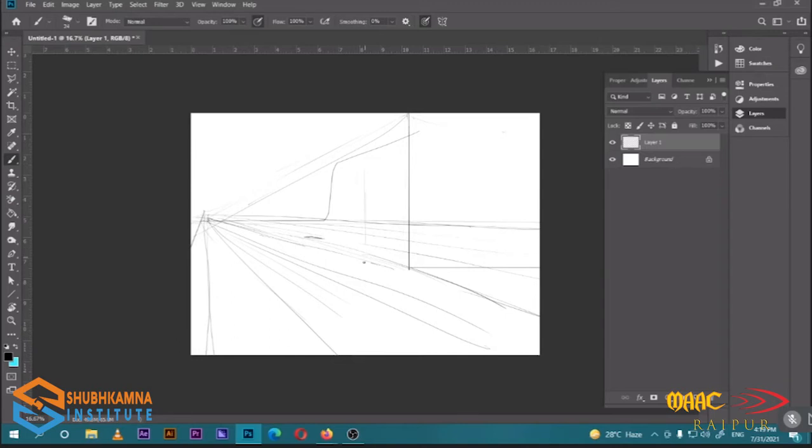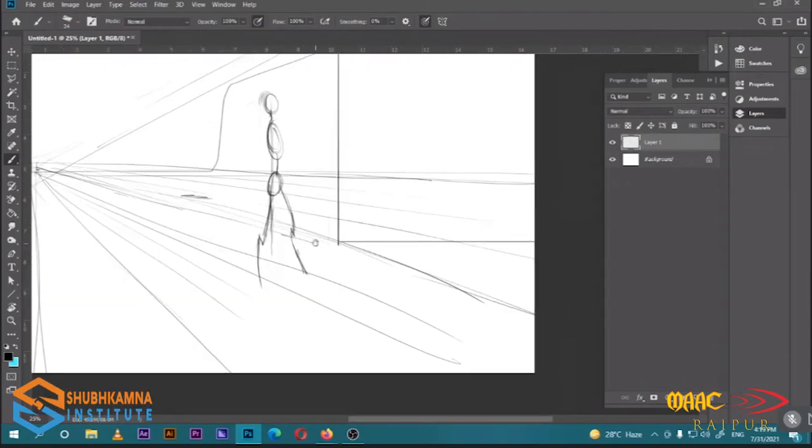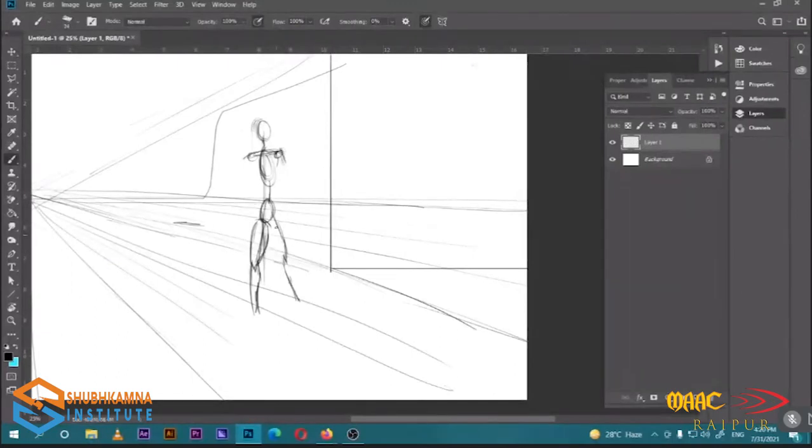I'm going to use this as a diagram, as a foundation to create my characters and the environment. This is a basic skeleton sketch. Whatever character you want to create, human, alien, whatever, you need to create this skeleton first. That gives you the idea of the position of the character, the place where it is going to be located, and the direction and angle. So I'm creating this to get the feel of the character.